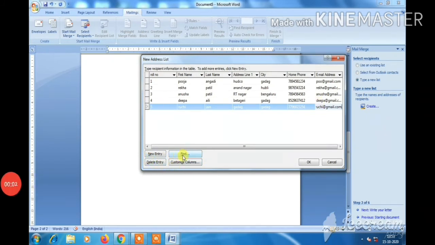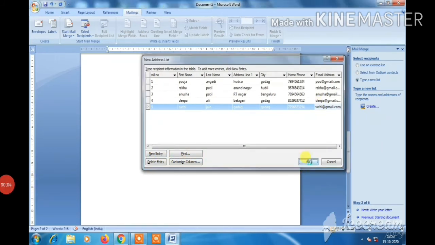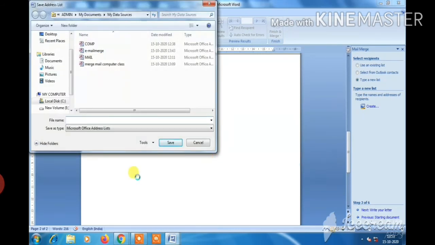When your new list is complete, click OK. The Save Address List dialog box will appear. Then save the document there and click Save.